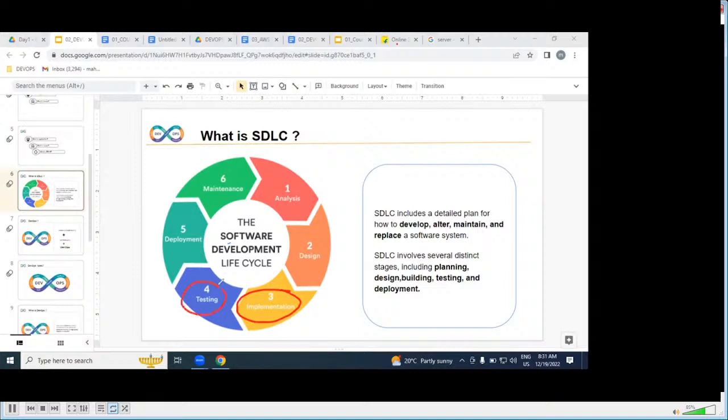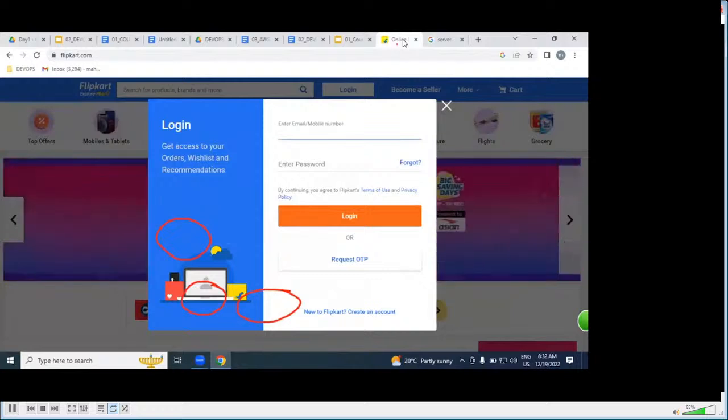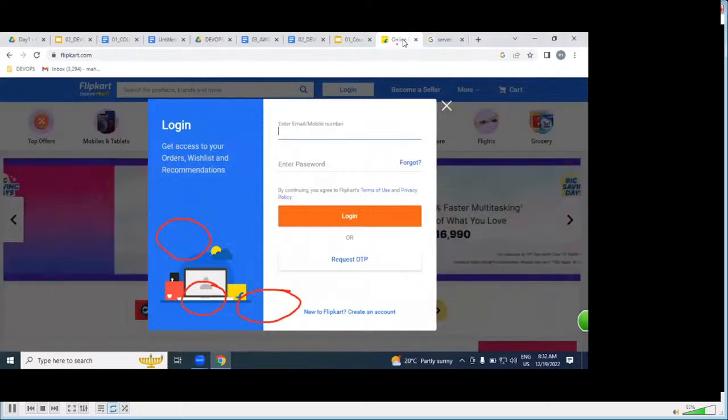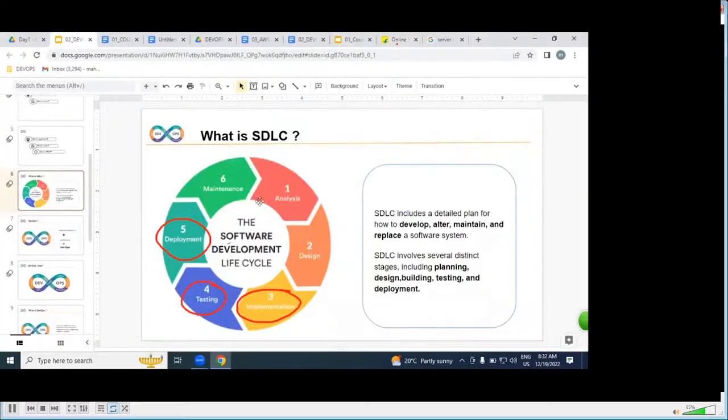But whether the software is in working condition or not, our testers will verify by using Selenium test cases or automation test cases, performance test cases or manual test cases. Once it is verified, we are going to deploy it on hundreds of servers. Once the application is deployed on hundreds of servers, we can access it over the internet as a website. Once it is accessible, that's it. Then whether this application is in working condition or not, we are going to monitor and maintain.